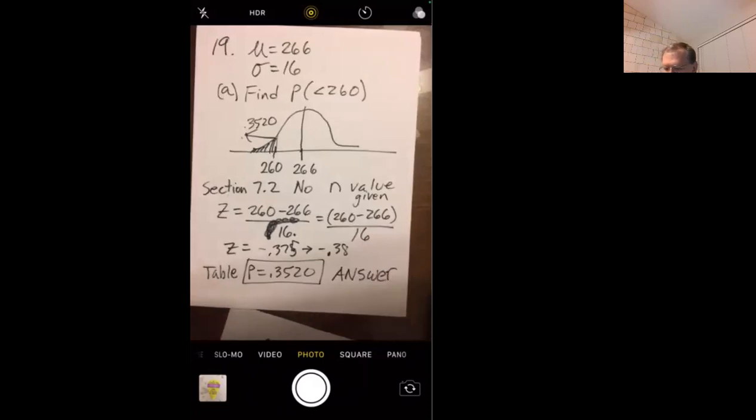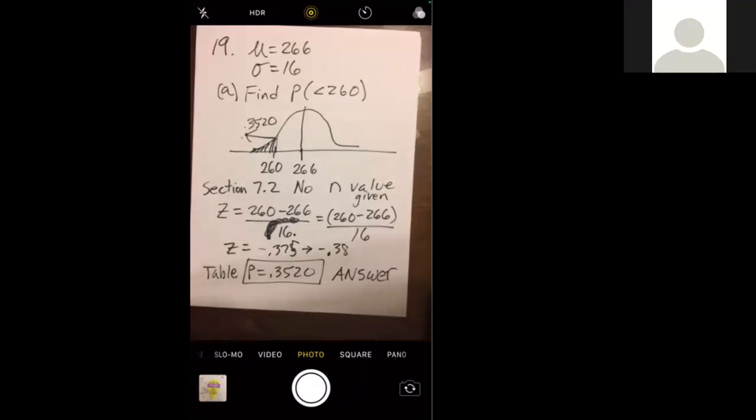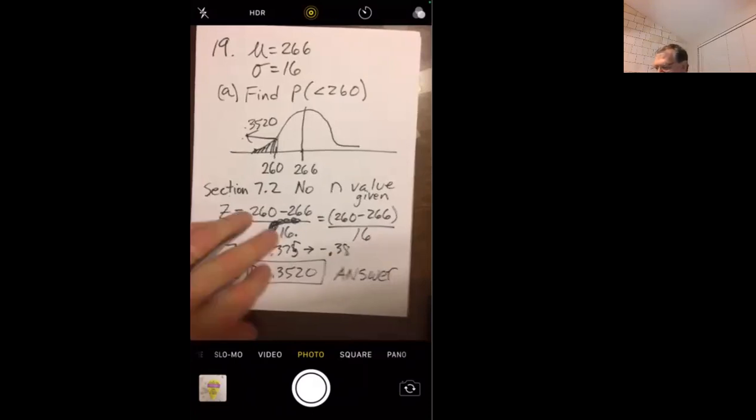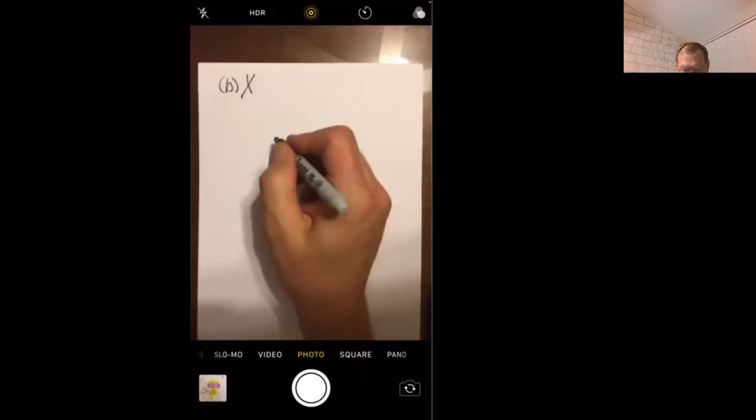Okay, questions about that? No, please. Okay, so notice how they have mixed in chapter 7 problems here, even though we're in chapter 8. All right, so B, we're going to kind of skip. C,